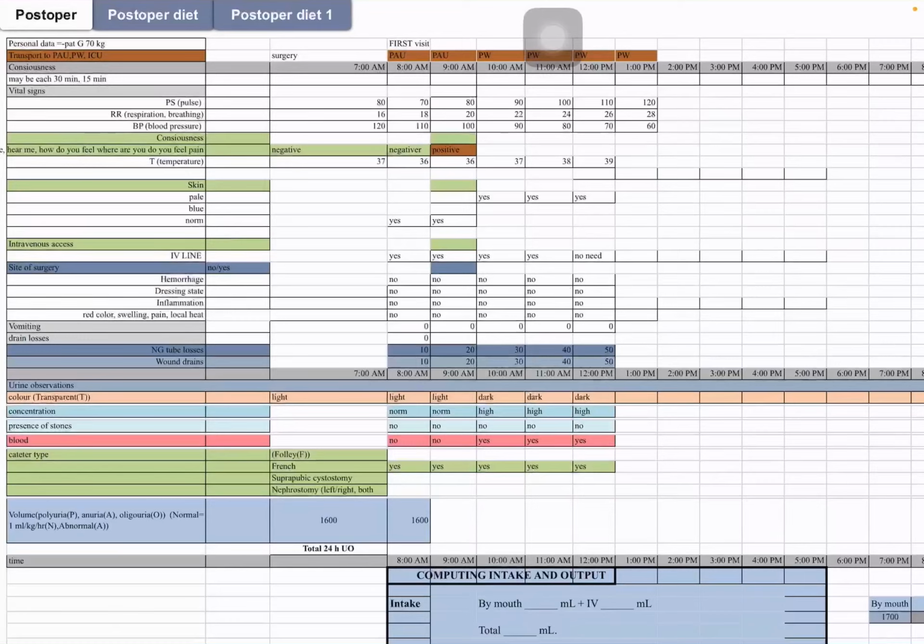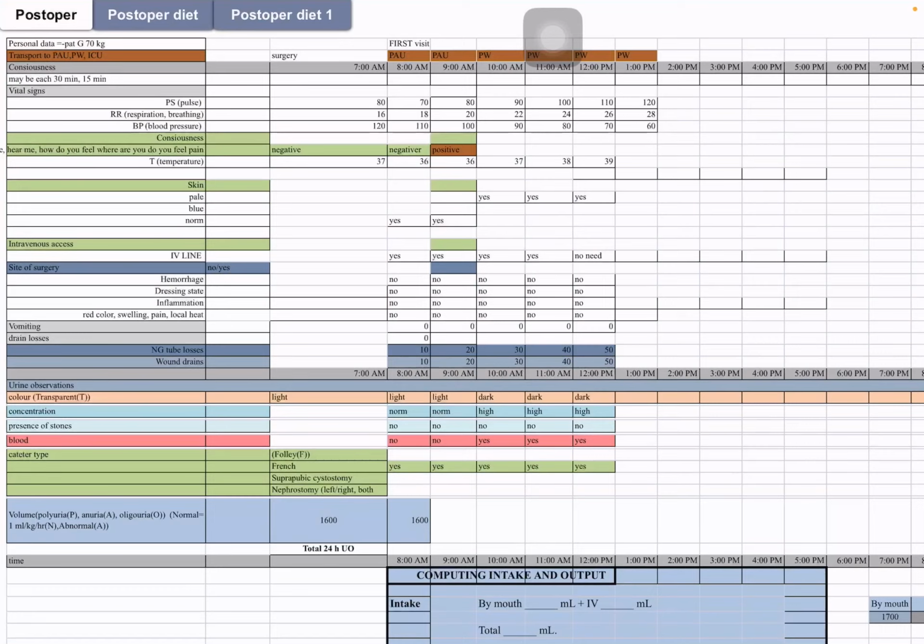Today I'm going to demonstrate the post-operative preparation of a patient who has undergone a surgery. First you have to know about the personal data. Under the personal data you have to know about the patient's weight, and for